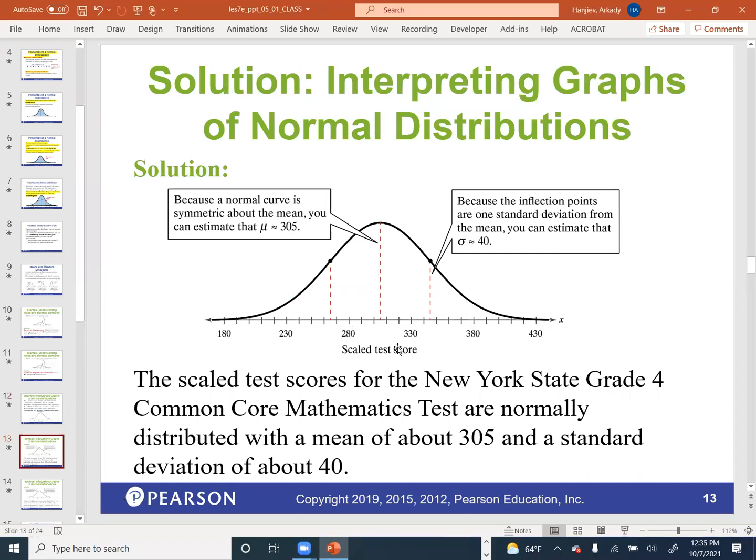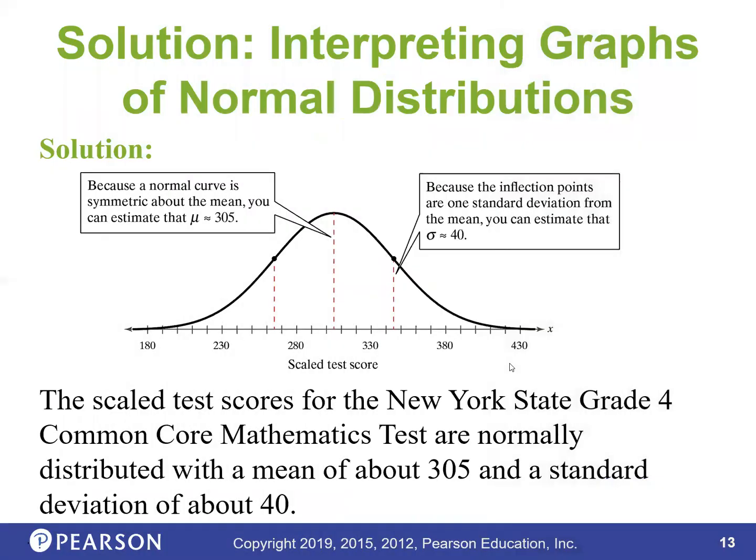Okay, so now the question is this. Do you guys remember all the way back to chapter 2? What percent of the data is inside between the first standard deviation away to the second standard deviation? 68, I totally agree. So about 68, there's 34% here and 34% here. So that means almost 70%, but 68% of students